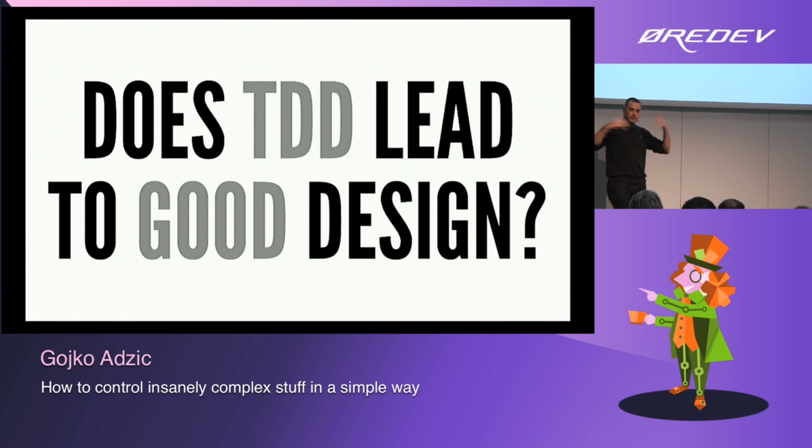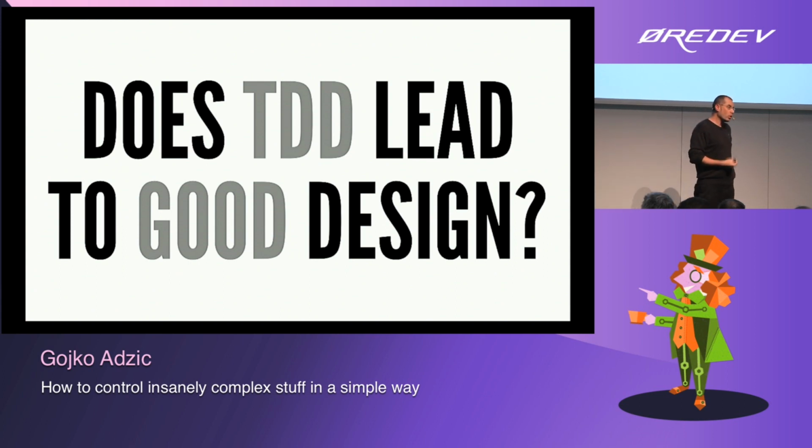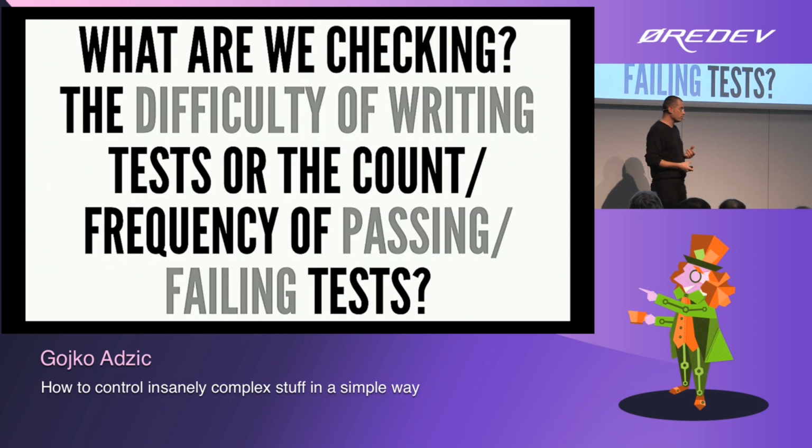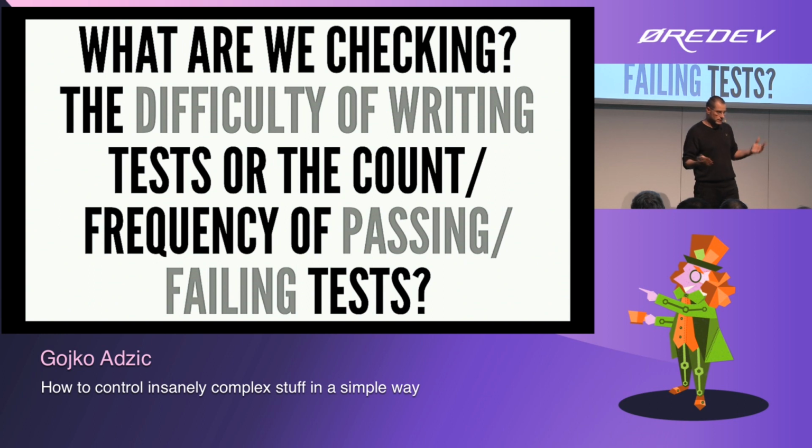And then you can apply your expertise, your knowledge and things like that to actually maybe create a good design, maybe not. So I think from that perspective, the key question is, when we do TDD, what kind of loop are we closing? And from that perspective, what are we measuring? Because you can measure a bunch of different things. Are you measuring the difficulty of writing tests? Or are you measuring how many tests are passing or failing? And there's a whole perfectly valid argument around is TDD really improving quality? Is it about testing? Is it not about testing and things like that?